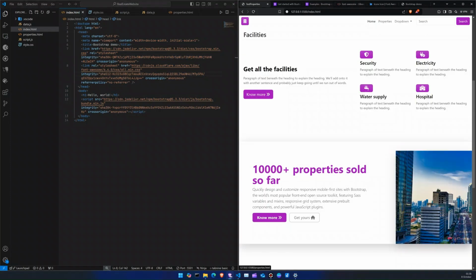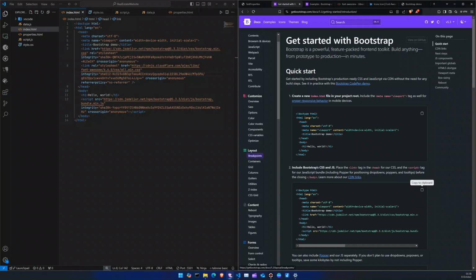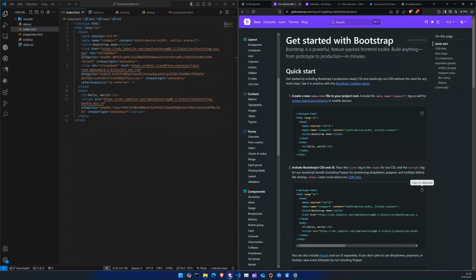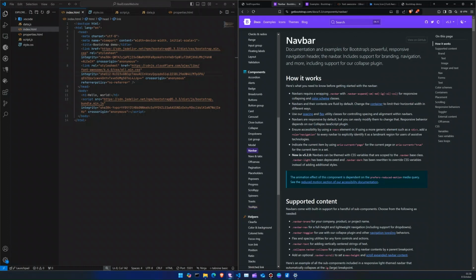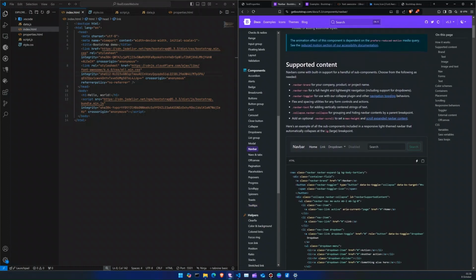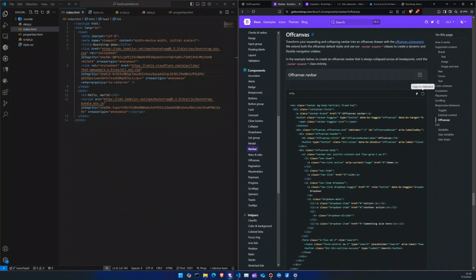Here we have a nav bar. Am I going to write the HTML right from the start? No. Now is the time when you will be copying and pasting this stuff, since from the previous tutorials you already know how to build this from scratch. Now you are allowed to copy and paste that. Alright, so I'll click on this navbar, and let's see what all is there. I'll go to this off canvas because this is the one which I like most. I'll copy this,